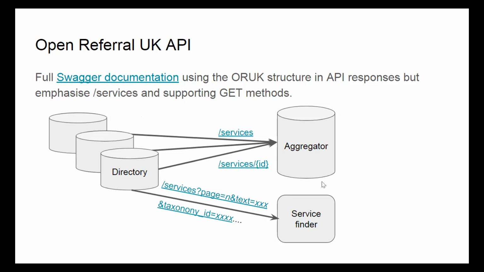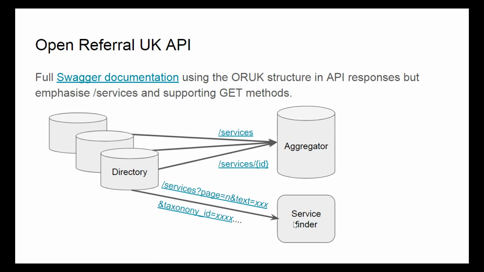So if, for instance, you're building an aggregator, all you're concerned about is that the source directory is compliant with 2 or 3 web methods, with not many parameters. So I guess we're pushing that as a very core set of what a directory ought to comply with. But there are different levels of compliance with an API for different purposes.